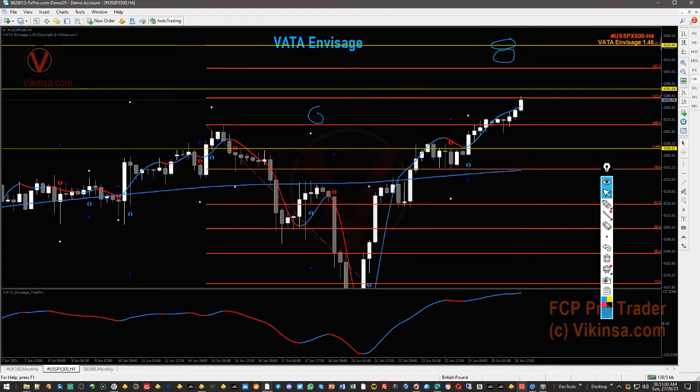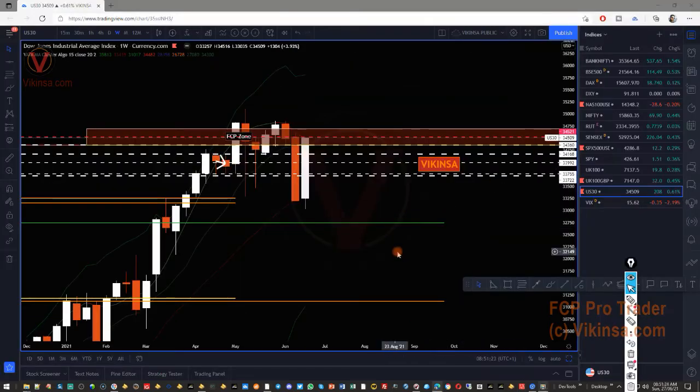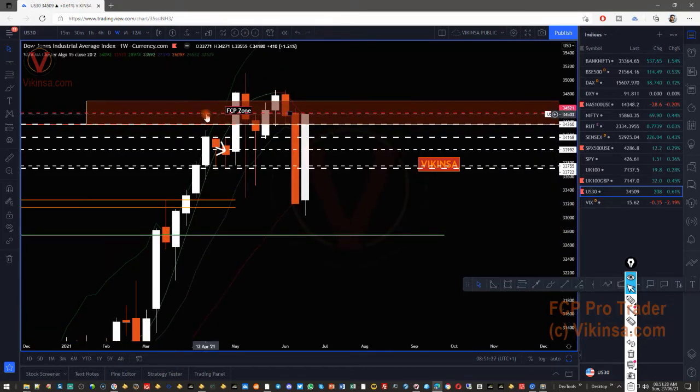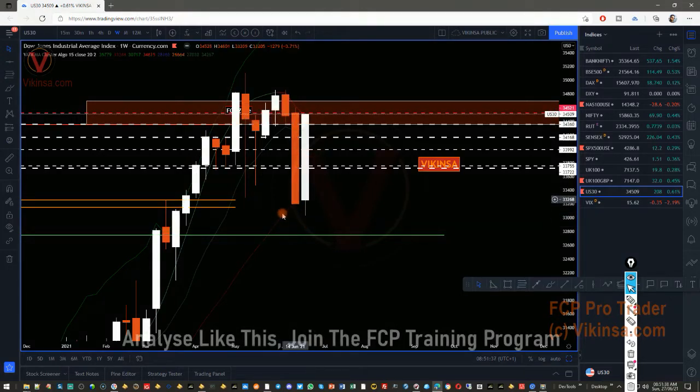Let's look at Dow Jones. Okay, Dow Jones has come back to this FCP zone, which we found out a few months ago. Remember, we were around here when we found this FCP zone. So the Dow Jones actually fell down and then came back into this FCP zone after testing mid of the Bollinger Band here,